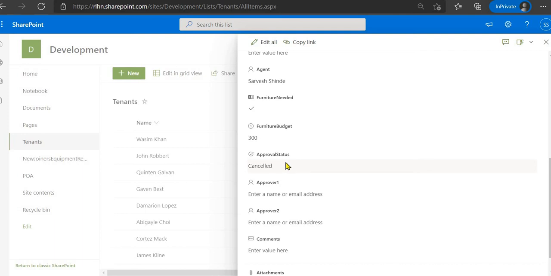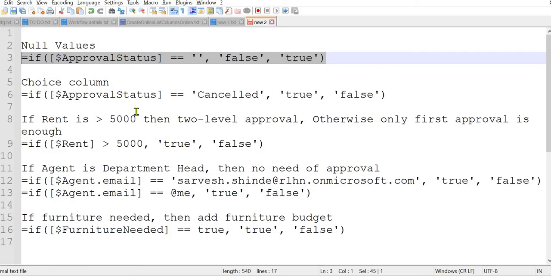So if the value is there, the field is visible. If the value is not there, the field will not be visible. Okay, so that's the first condition. What we have seen is how you can conditionally check the null values. Okay, now let's check another